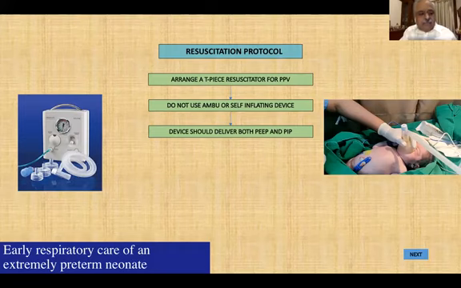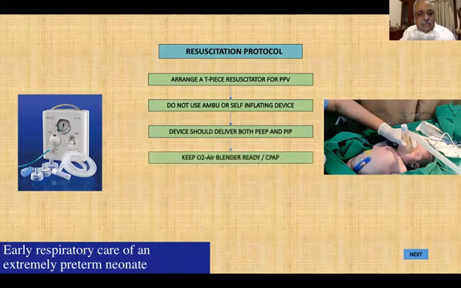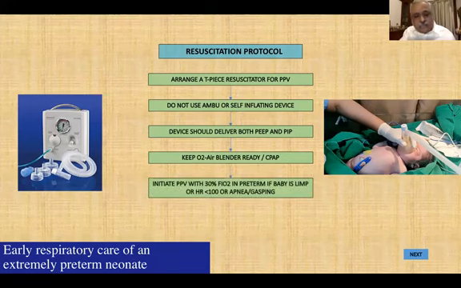The device which is available here should have facilities to give a set PEEP and a PIP both. You can set it, for example, for an extreme preterm, to a default of 16/5 centimeters of water, and you should use an oxygen and air blender. Keep the FiO2 maybe 30% when you're going to deliver this baby, and make sure you have your oxygen saturation probe ready to connect to the baby's right hand as soon as the baby is delivered,